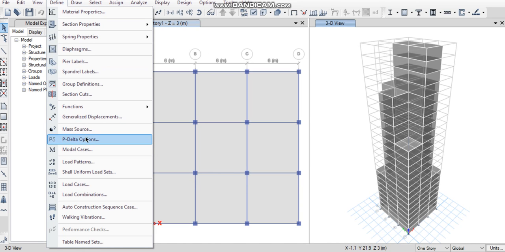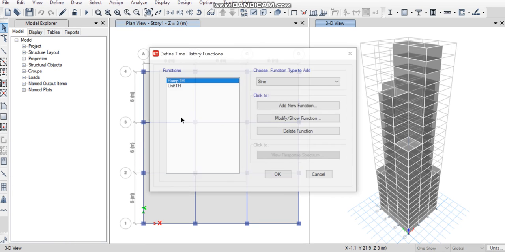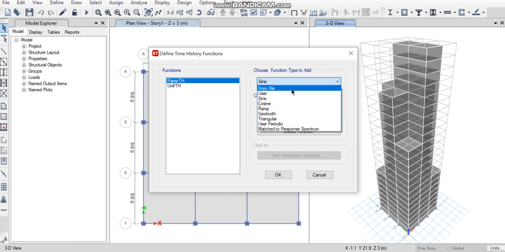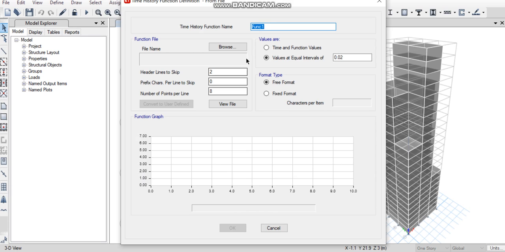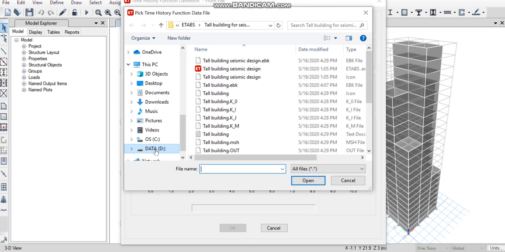Now go to define and functions, time history. We add a file from our device, add new function, give the name as time history, and browse, select the file.